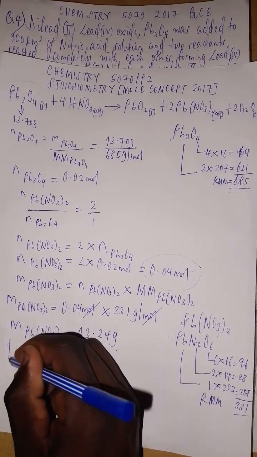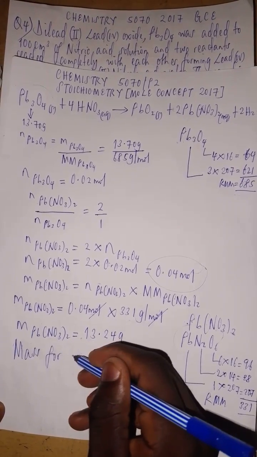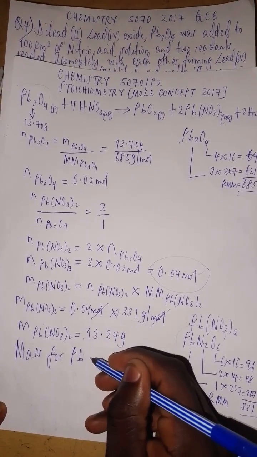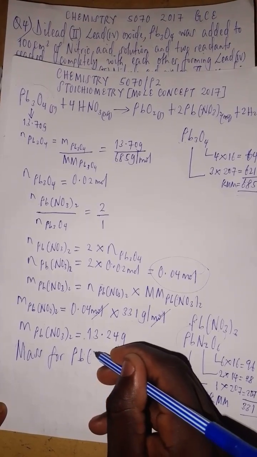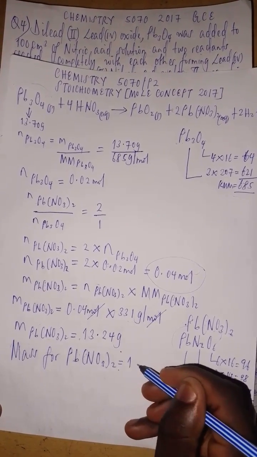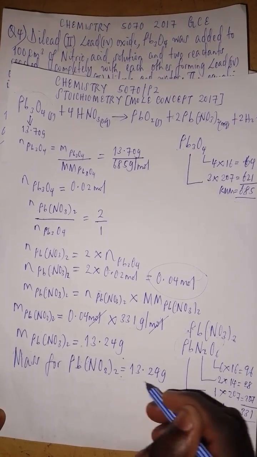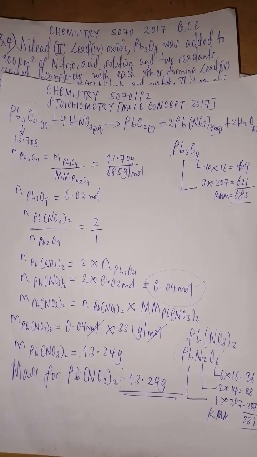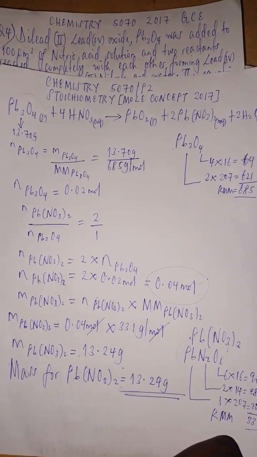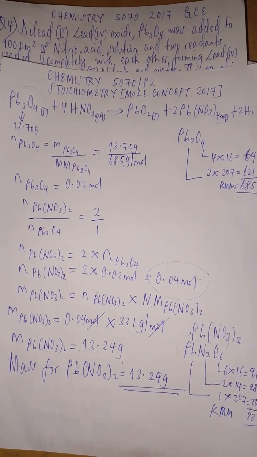So I'm just going to say mass for lead nitrate will be equal to 13.24 grams. So you might be wondering why I used this value, why I used the number of moles for